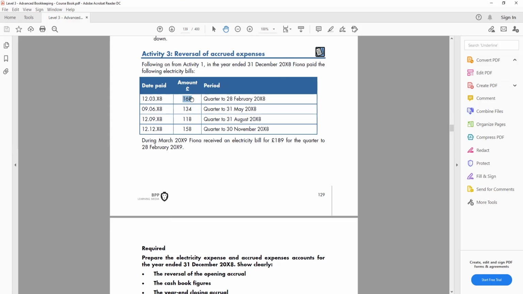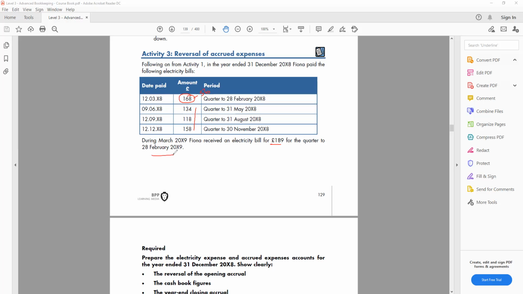So not all of this 168 is relevant to 2008. Inside of 168, 56 is basically for the last period. So I need to take it out, isn't it? The next ones are the quarter to May, quarter to August, all this good. That's for 2008. During March 2009, so next year, Fiona received another electricity bill, 189 for the quarter to